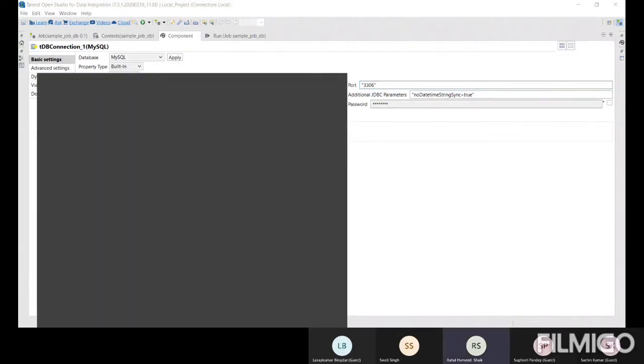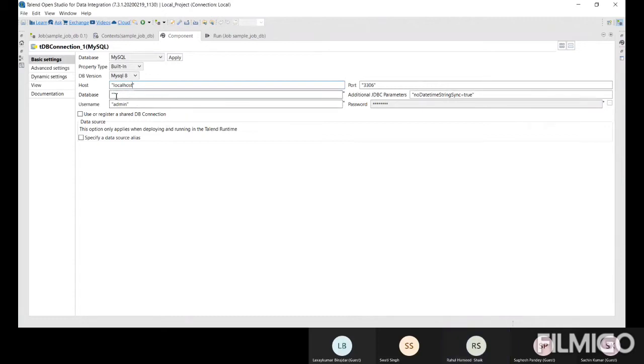And then, have you created any database within that DB? Can you open the database tool once?